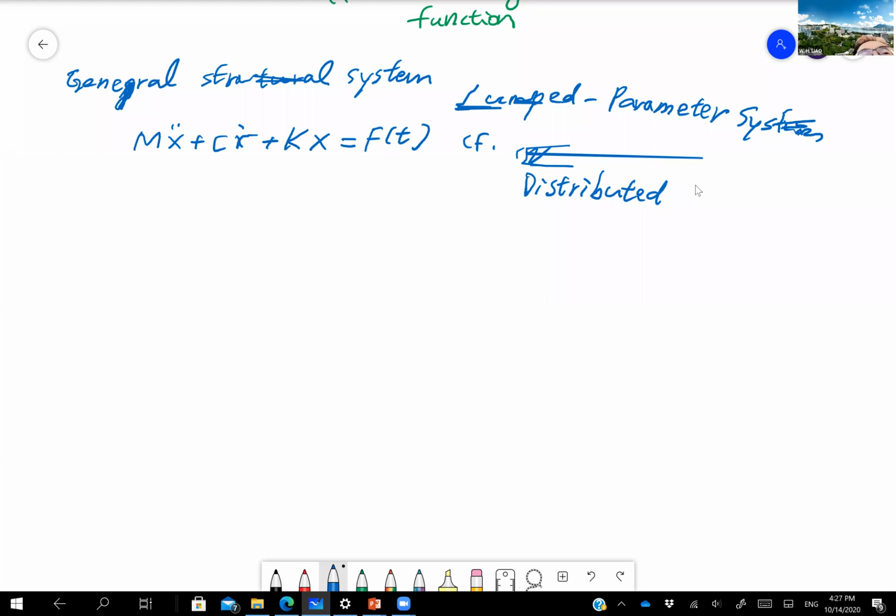Distributed parameter system, or sometimes we can call this a continuous parameter system, or simply a continuous system. So what is that? For example, we are going to have a structure like this,